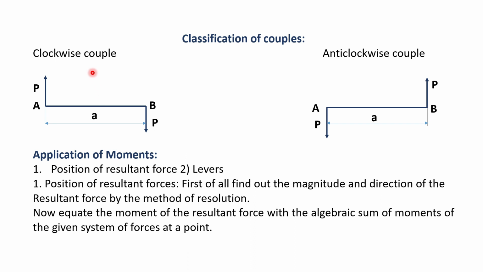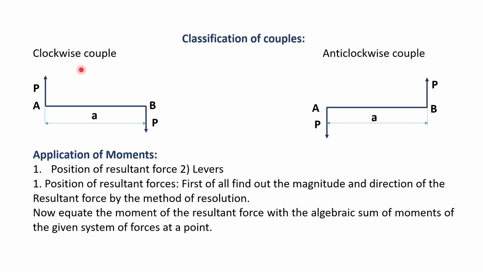So here are the two different types of couple: clockwise couple and anti-clockwise couple. Often we need to visualize things in engineering problems. You must have visualized similar things in your subject engineering drawing, perspective views, then different views for the third angle and first angle methods, front view, top view, isn't it? In the same way, we need to imagine here what turning moment or tilting moment it will give.